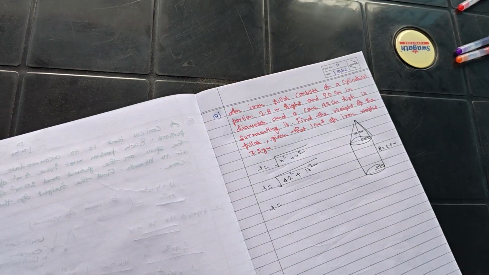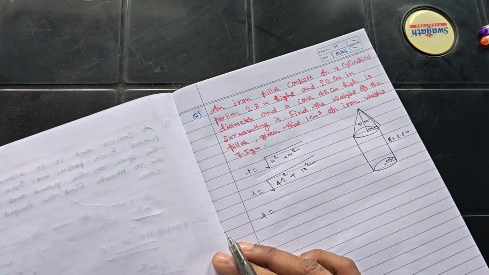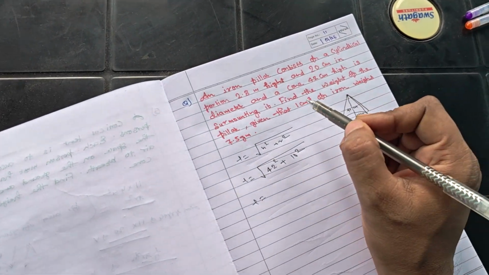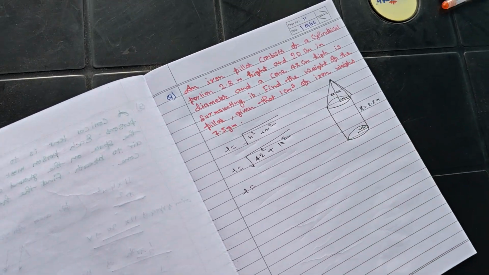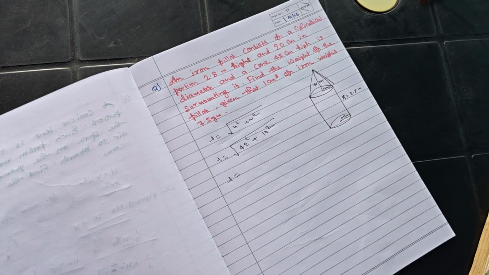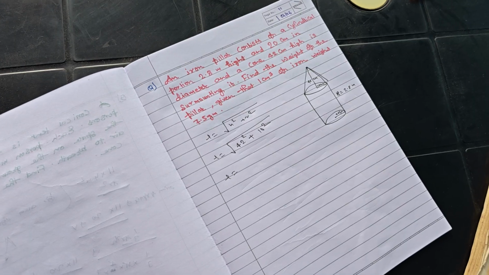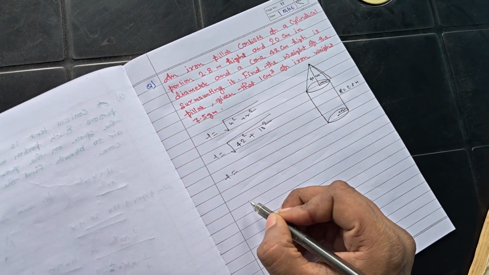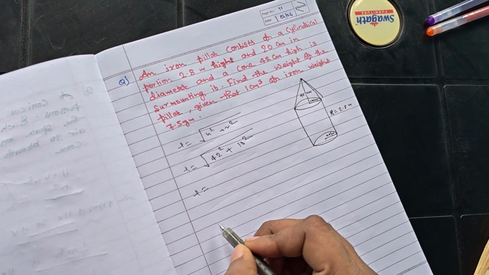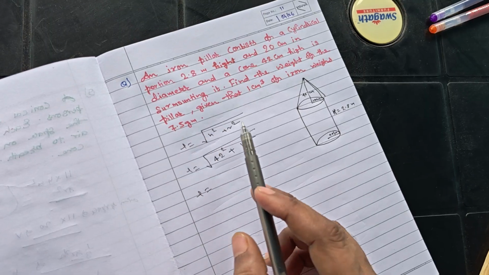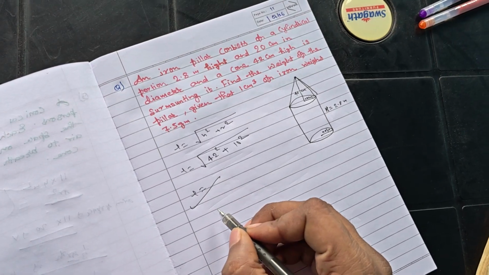Now we need to find out the cylindrical portion. To find the weight of the pillar,